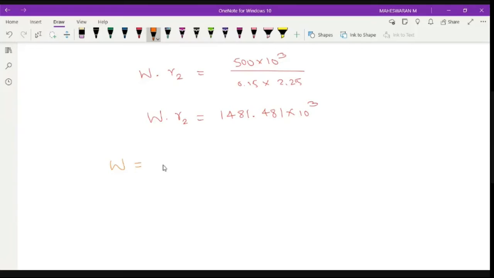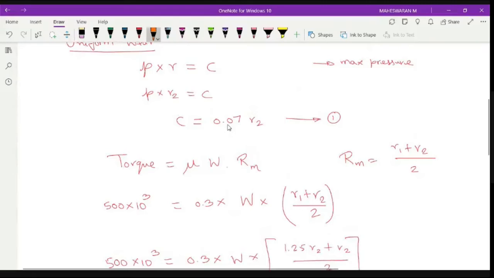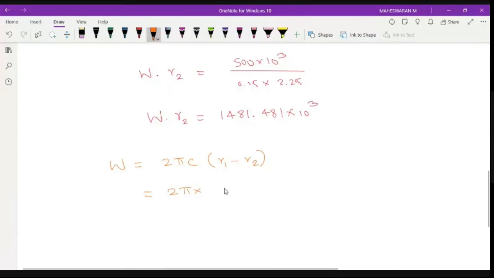2 pi C into R1 minus R2. So 2 pi C into R1 minus R2, right? This is another formula relating in terms of W. So this is equal to 2 pi C, where C is a constant value which we consider in terms of R2, which is 0.07 into R2. So we'll write it here, 0.07 R2 into, and of course, R1 I can write in terms of R2, which is 1.25